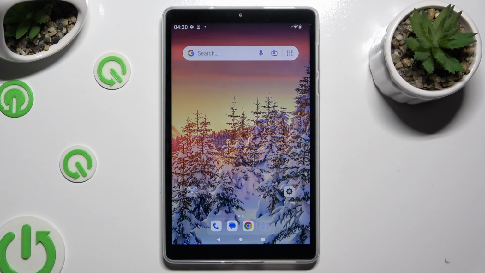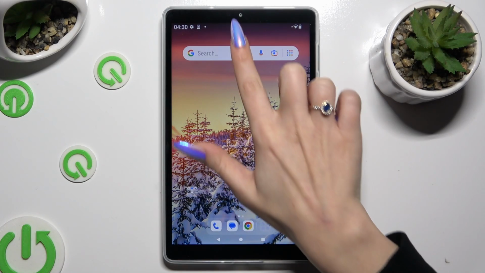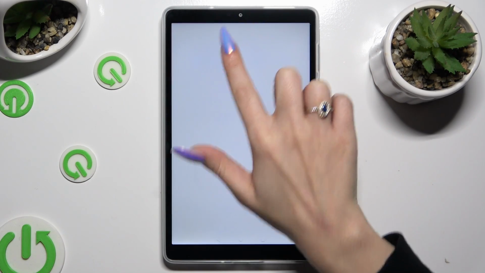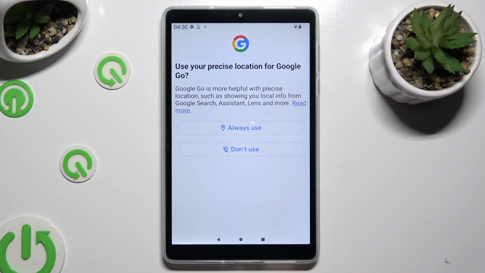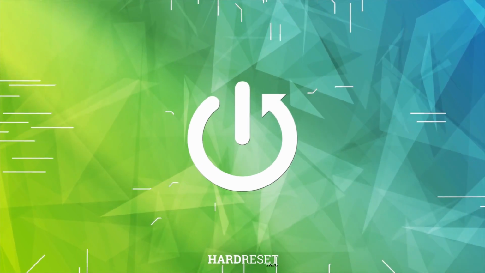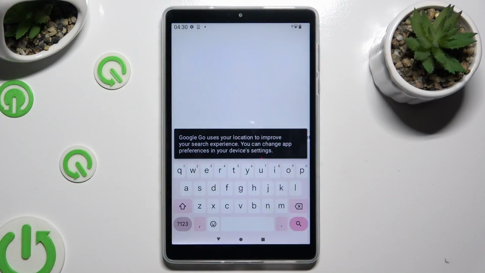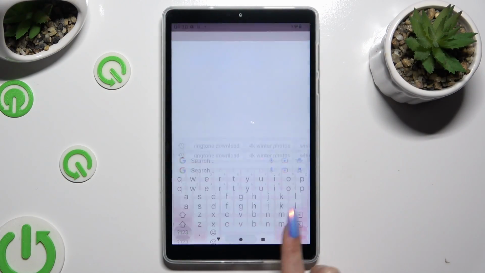Hey, in front of me is Lenovo Tab M8 4th-gen, and today I would like to show you how you can change and customize your keyboard's theme. You need to begin by going into Devices Settings